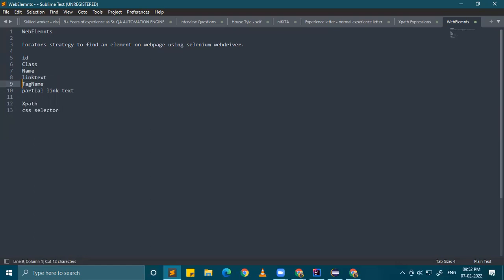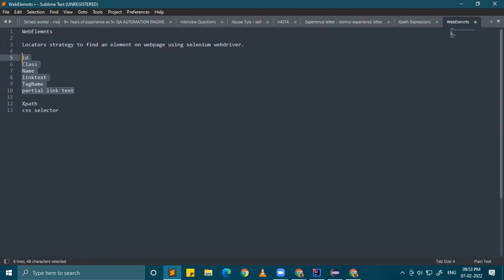You will be able to find any of this from the tag itself. You will get it from the element itself. You don't have to remember any special method for anything else. Okay. First thing